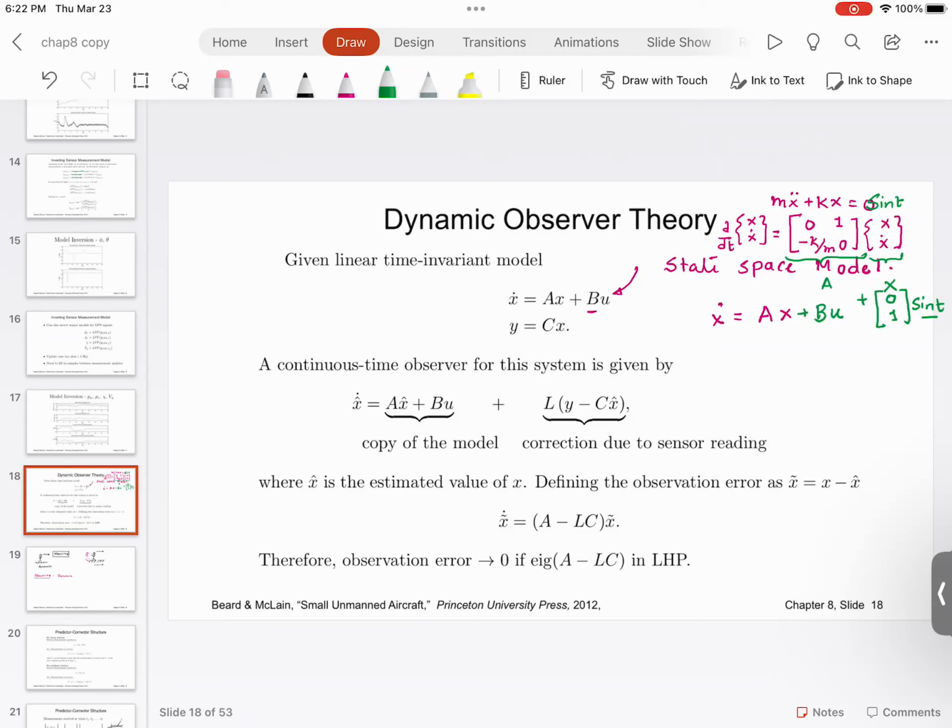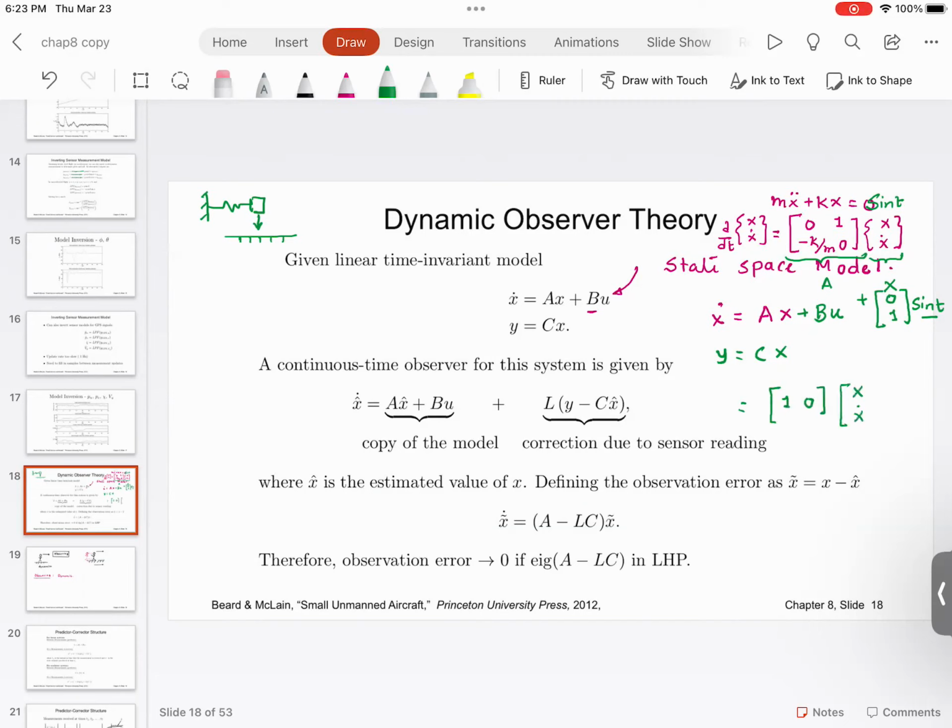This is the perfect system dynamics, which means you know the system, you know the mass, you know the spring, you know that this is a second order system. And then you have y is equal to Cx. Now this is the observation, which means imagine you have this spring mass system, and here is the displacement scale. And you are measuring the displacement of the mass. So this matrix C is going to be, and I want you to understand this, [1, 0]